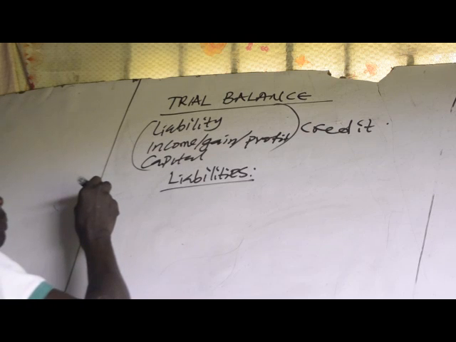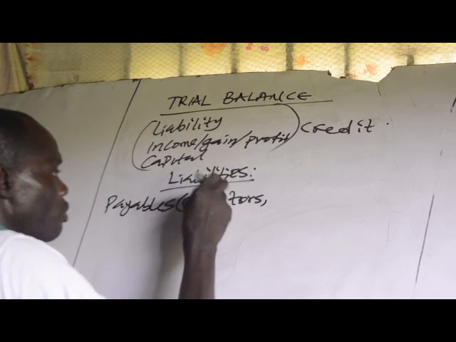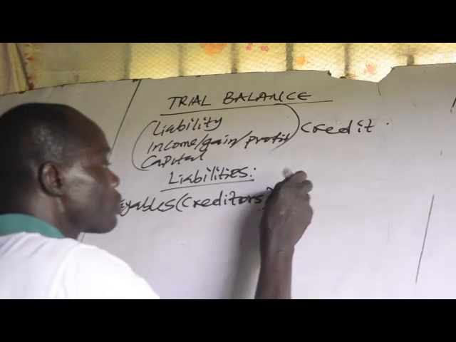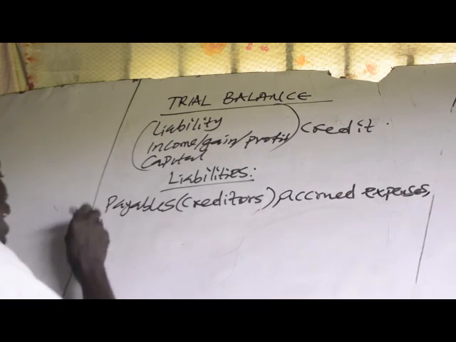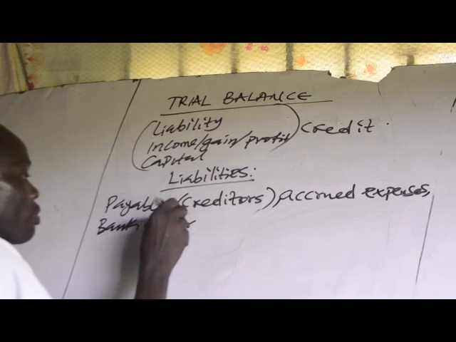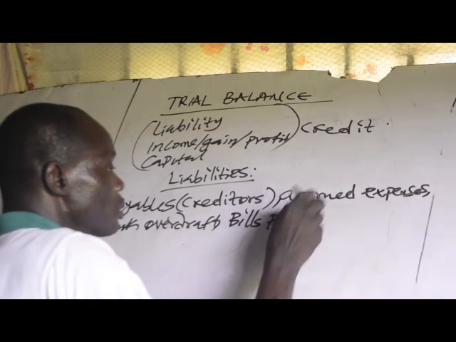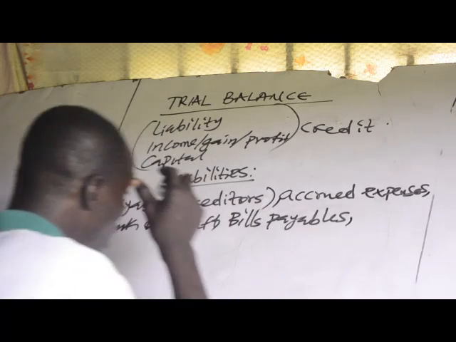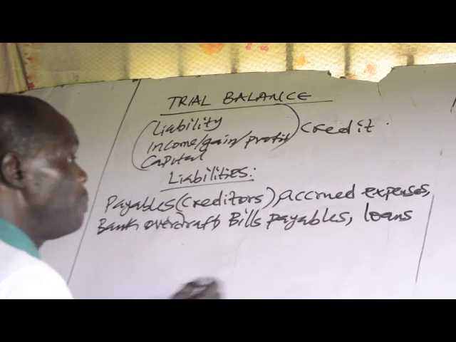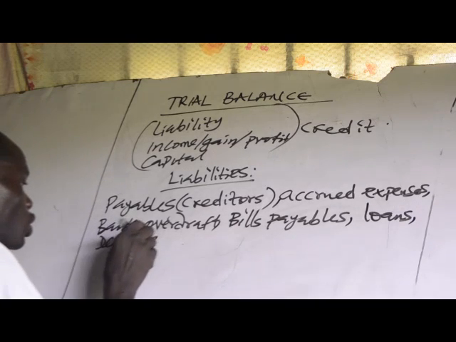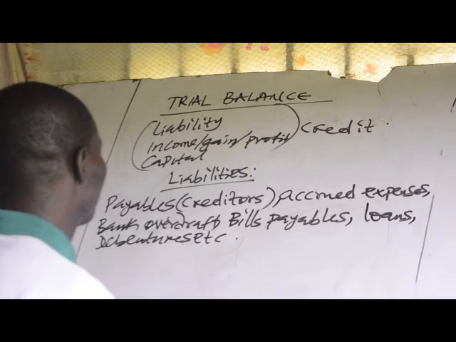Liabilities include payables, which are also known as creditors. Accrued expenses. Accrued expenses, bank overdraft. These are debts owed by the business. Bills payable. These payables are all liabilities. Loans of the business, all these are liabilities. Debentures. This item should go to the credit side. Liability will be credited. The income